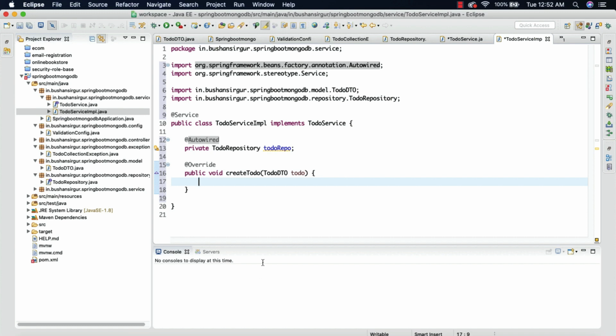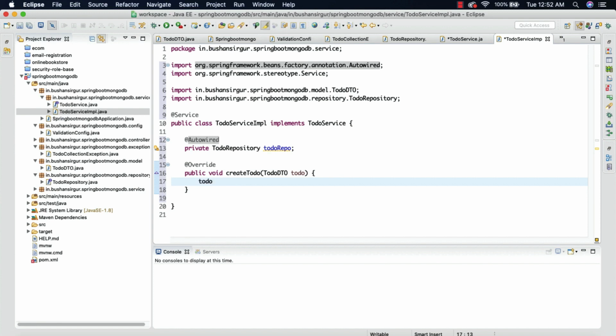We're going to make use of the toDoRepo to call the findByToDo, because first we have to check whether the toDo is available in the database or not. We have to check for the existence.